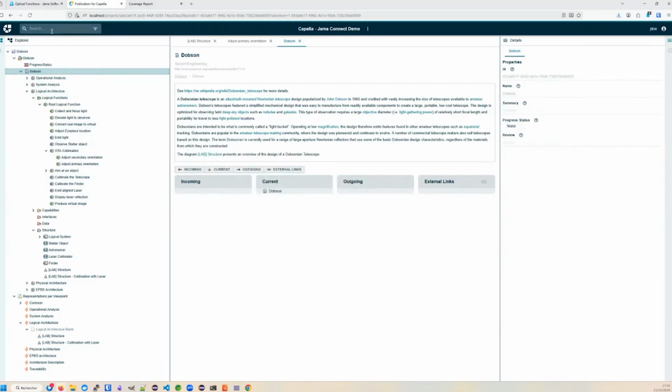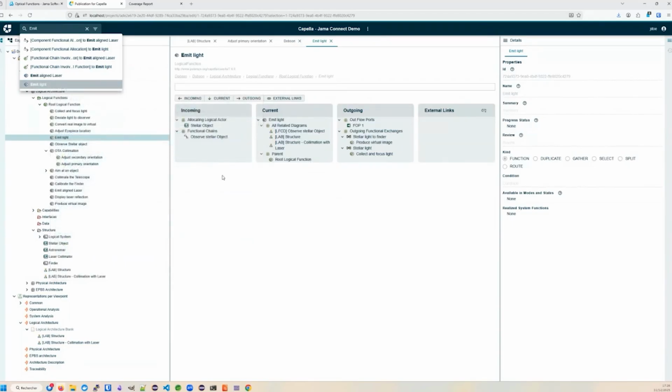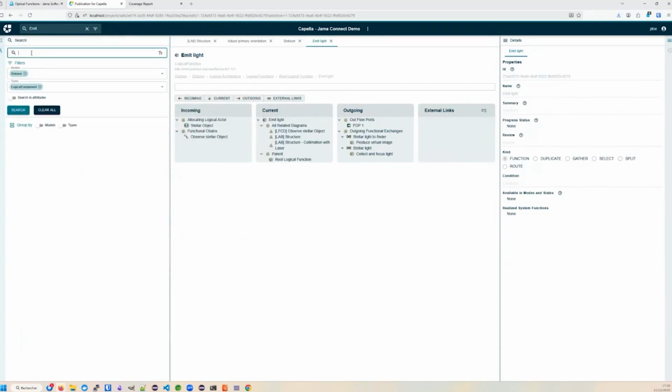Okay, and then you have more advanced functionalities. First of all, you have a quick search. For example, let's say I'm looking for everything that contains emit. That's the function I was looking for, emit light, so I can go there. Whenever you need something richer for research, you can do it like that. You can have a few words to search for.